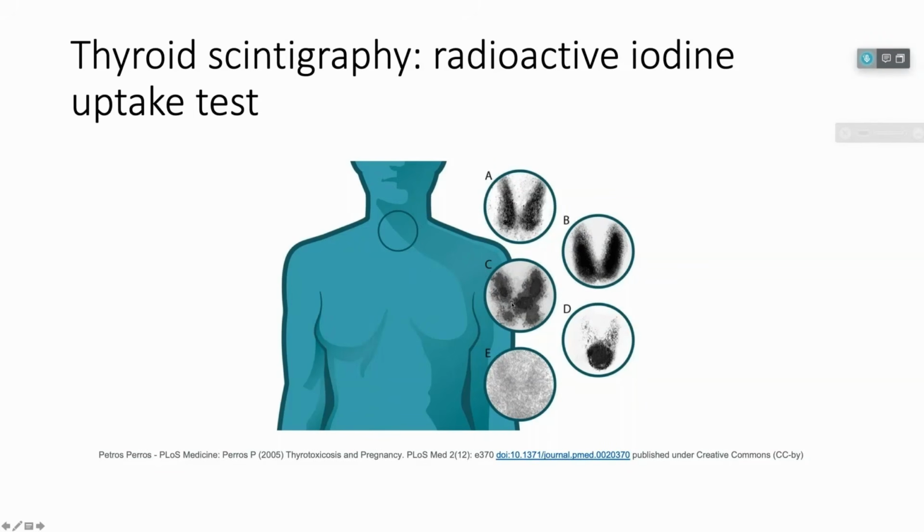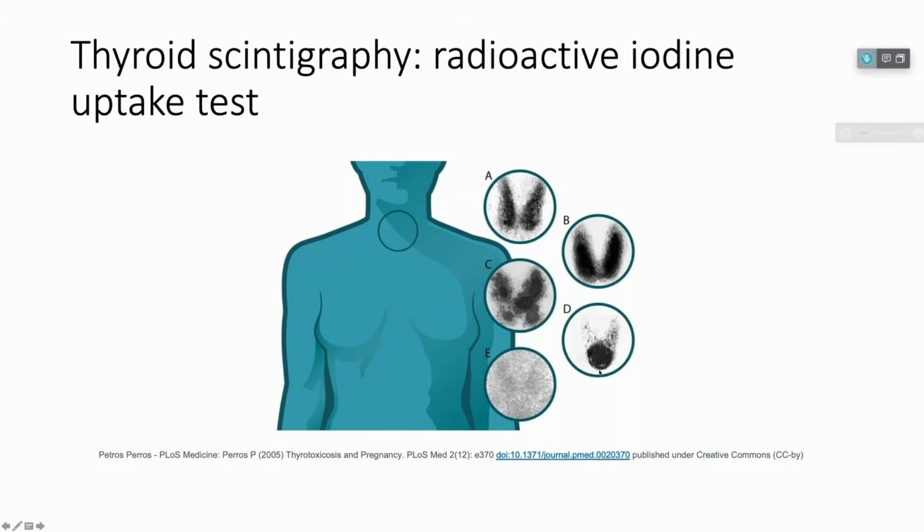But C would be a toxic multinodular goiter, right? There are many nodes that are overproducing thyroid hormone. But if you think about feedback inhibition, you're making a ton of thyroid hormone in these nodes. You'll notice that the other parts of the thyroid that aren't dark are actually lighter than normal. That's because these are independently producing, also known as hot nodules. These are overproducing thyroid hormone, which is going to feedback inhibit TSH and TRH, which causes any cell that will still respond to TSH and TRH, meaning basically any normal thyroid cell, to decrease production. That's why it's lighter in the other areas,